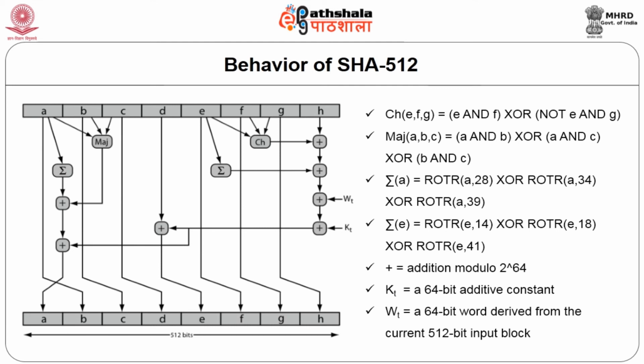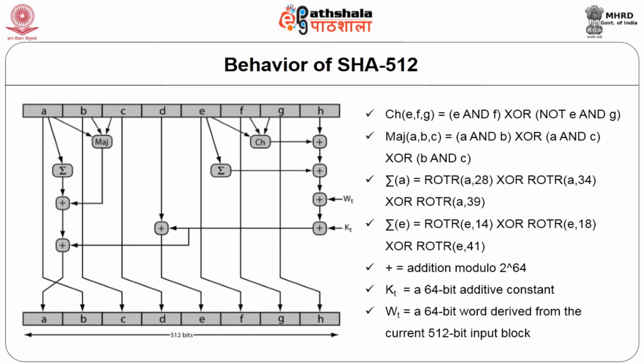Up till now I talked about rotate right. It was circular right shift, and when I say shift, SHR operation, it is a shift operation of the 64 bits argument X by N with padding by zeros on the right. So SHR is not a circular shift, so you have to append or you have to pad zeros on the right.